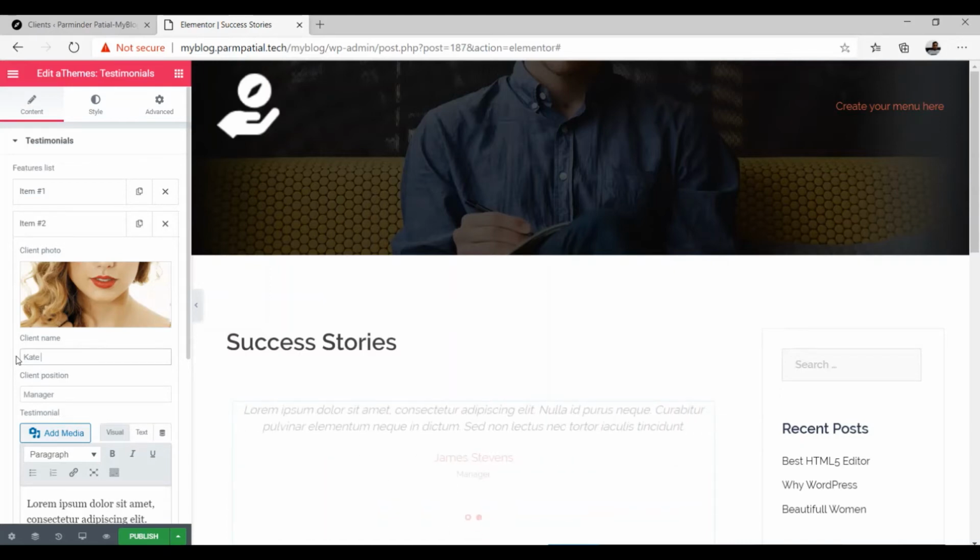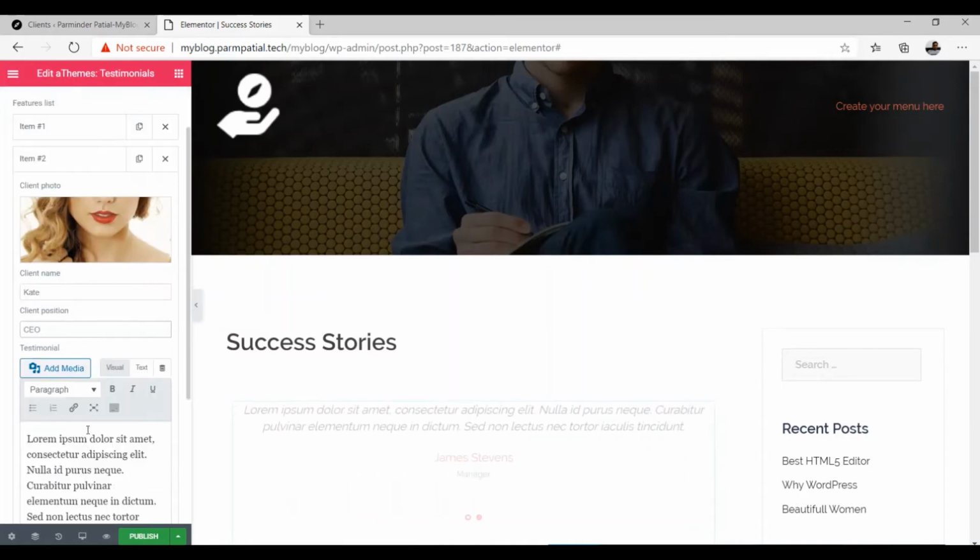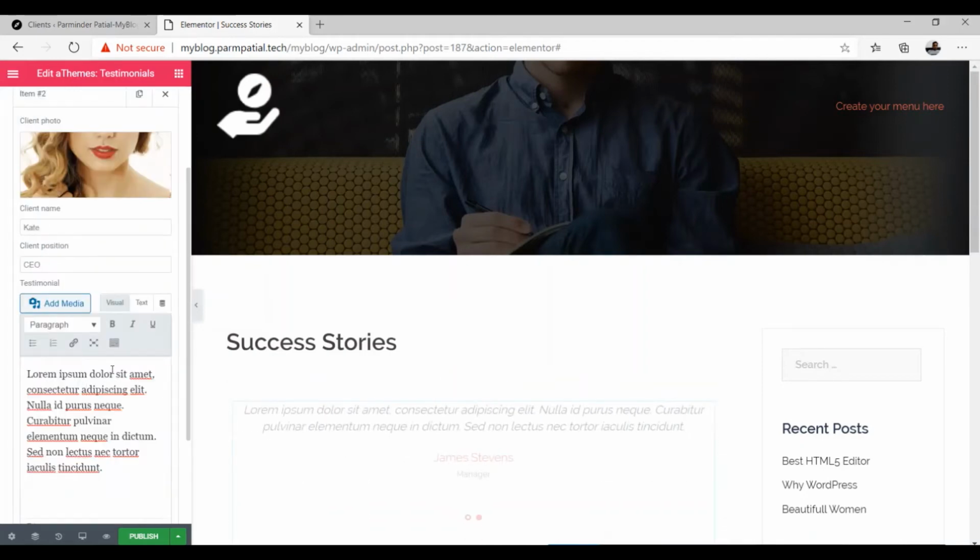I'm just giving her name as only Kate, or you can add whatever the name of your client is. Then here you can give the position, that is CEO I'm using this time, and here you have to give the text that has been given to you by your client. Okay, so that is done over there, and after this just simply click on the publish button.